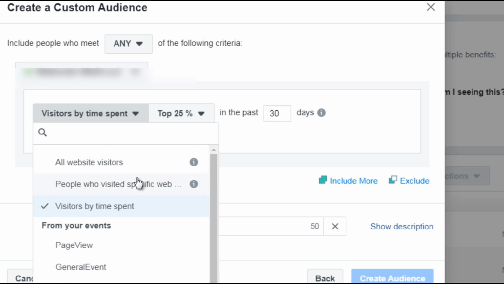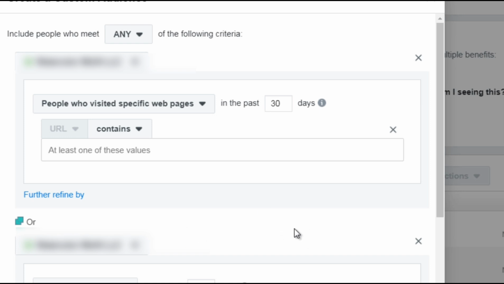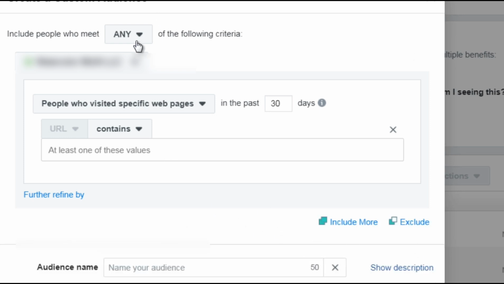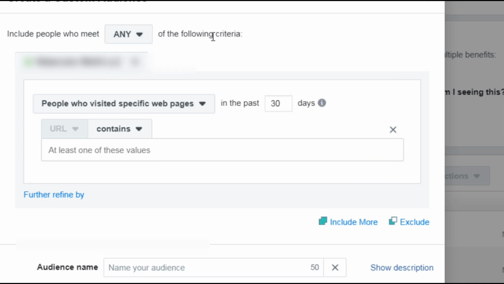Now, if it's a specific web page, then you're going to want to enter the full URL. Or what you could do is you could say anybody who visits a specific web page that has the keyword blog in it or paint, something like a keyword. Now, what I would recommend is to enter the full URL right here. So you could have one here, you could include more, like so. So you could click that and include more and more and more. Or you could say something like include people who meet all. So they have to have visited blog post 1, 2, and 3